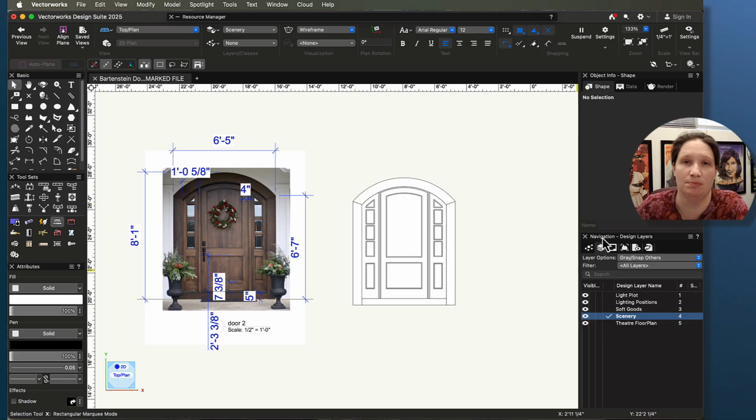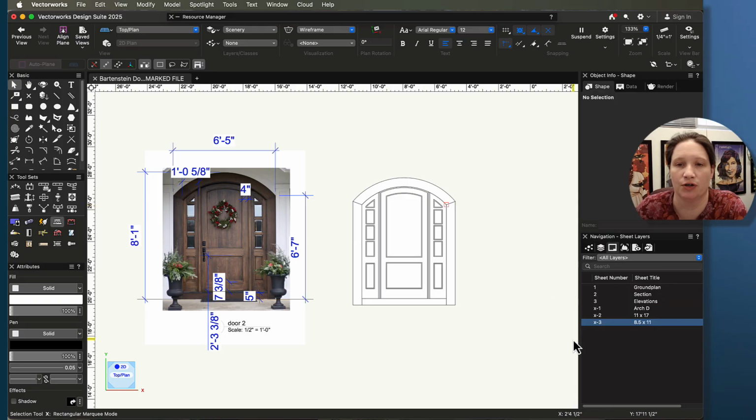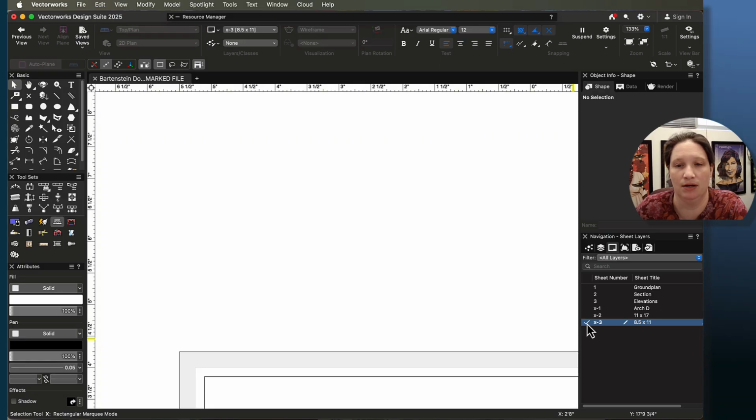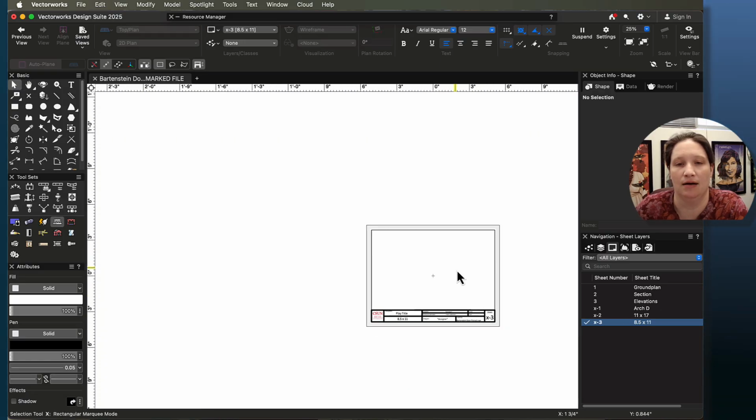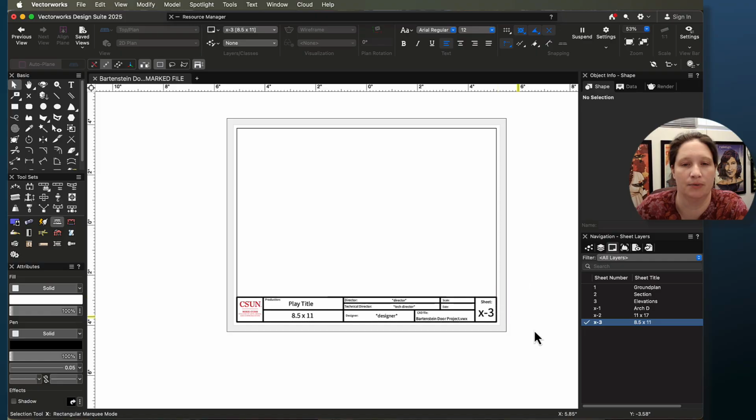layers. So you should be using your template file, hopefully you are. Over here, if you skip on over to your sheet layers, there should be one that's 8.5 by 11. We're going to use that one. And there we are. So the first thing I'm going to do is I want to change it to say